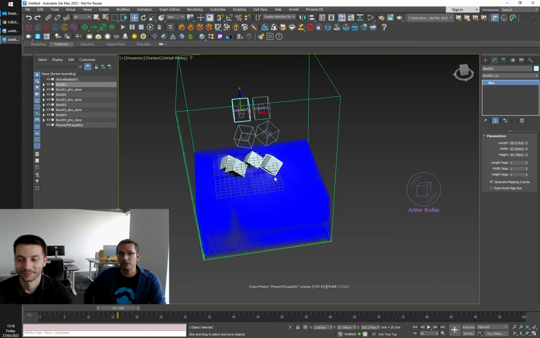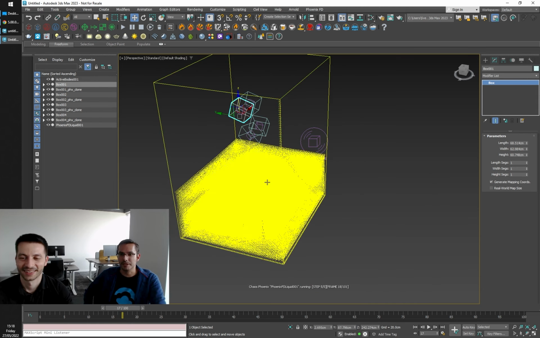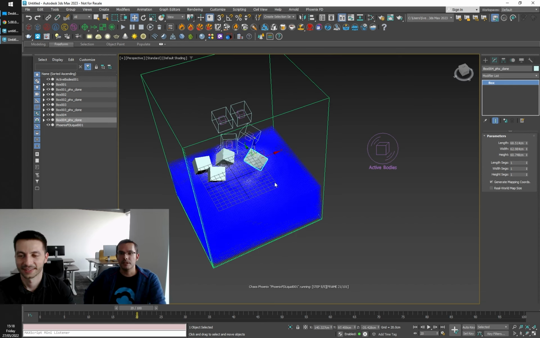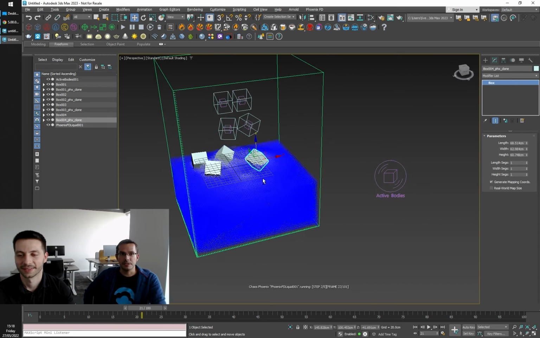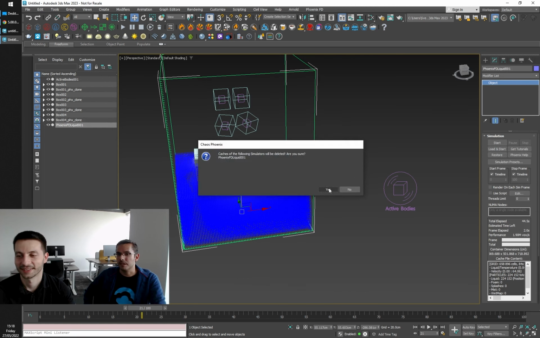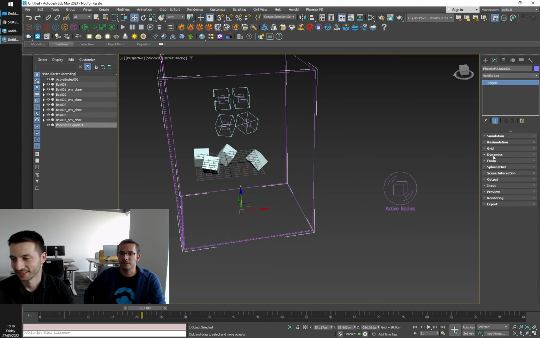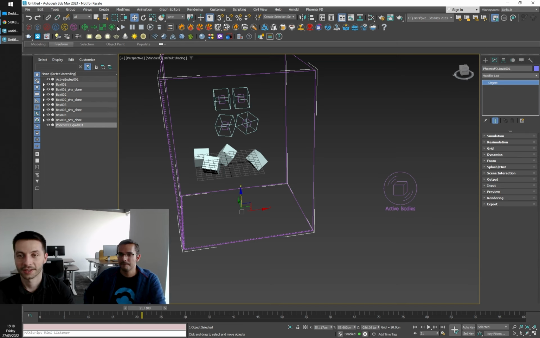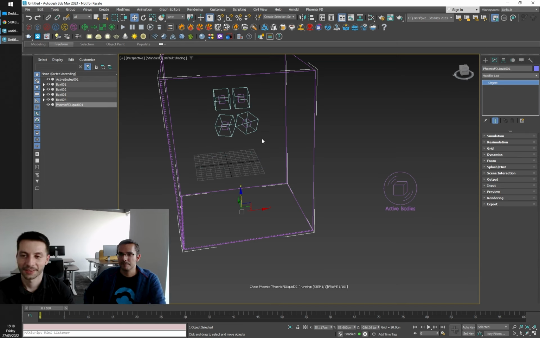Yeah. So, there is also one more thing that we can show: active bodies work with the liquid solver, but they don't really need liquid. For example, we could just turn off the initial fill up, and we would have a plain, pure rigid body simulation without any fluids. Let's disable the initial fill up in the dynamics rollout, and if I start the simulation again,